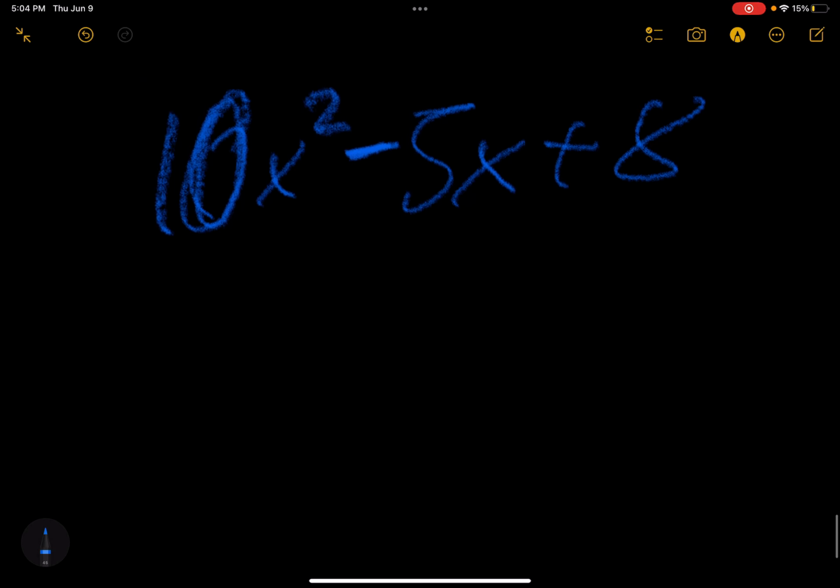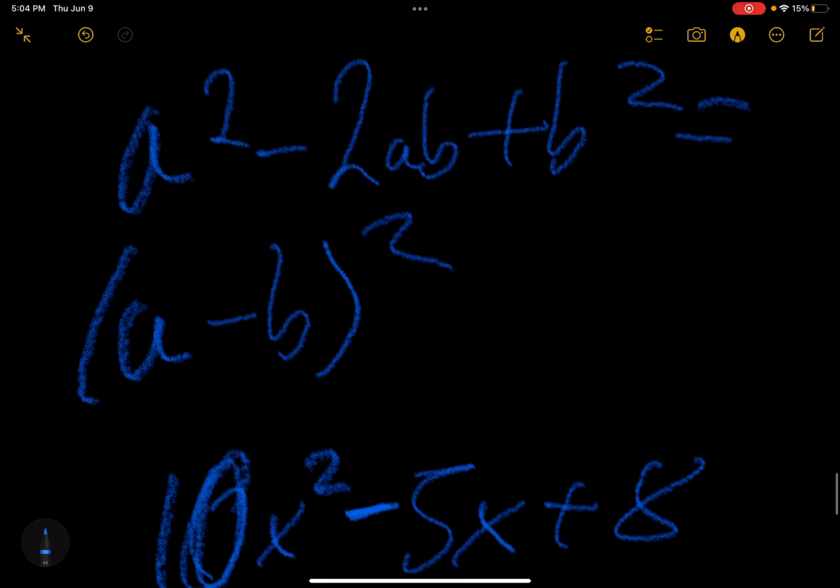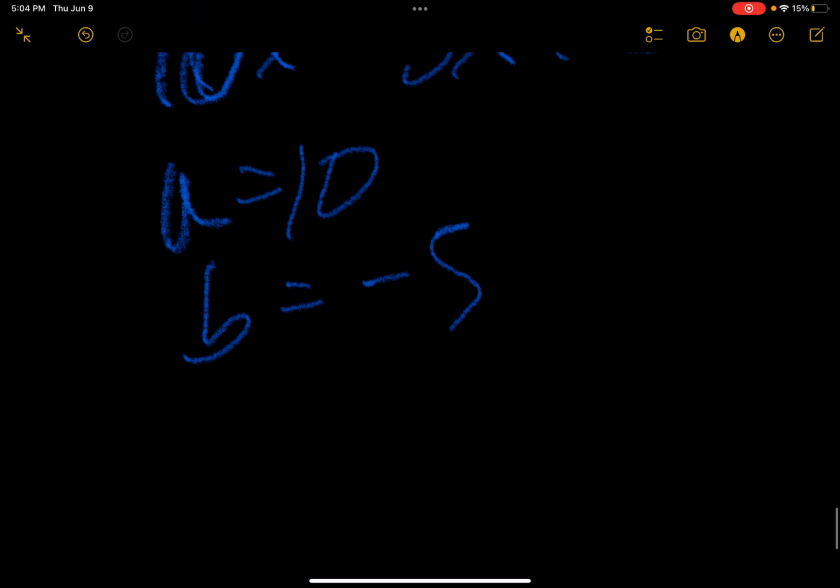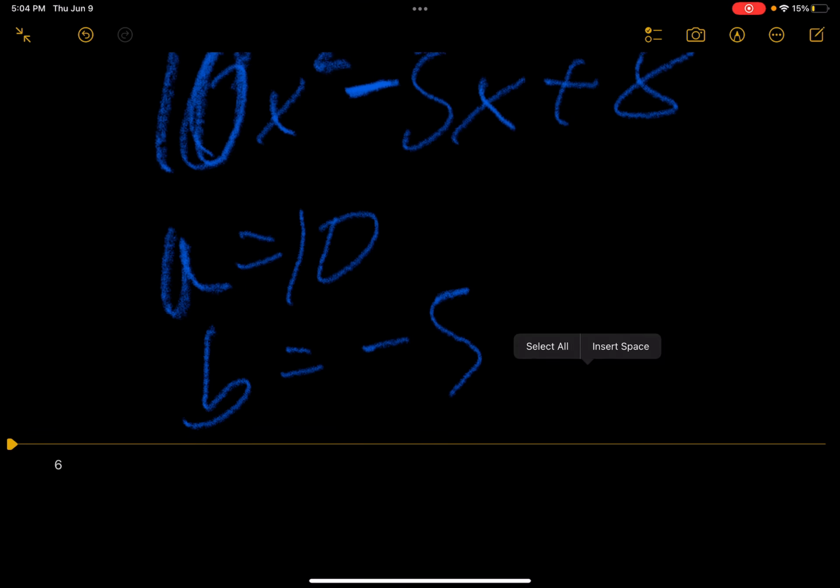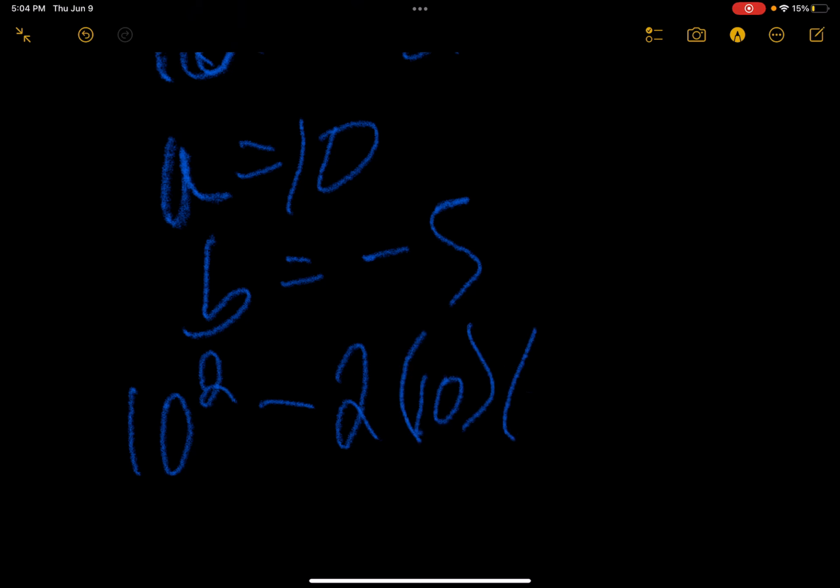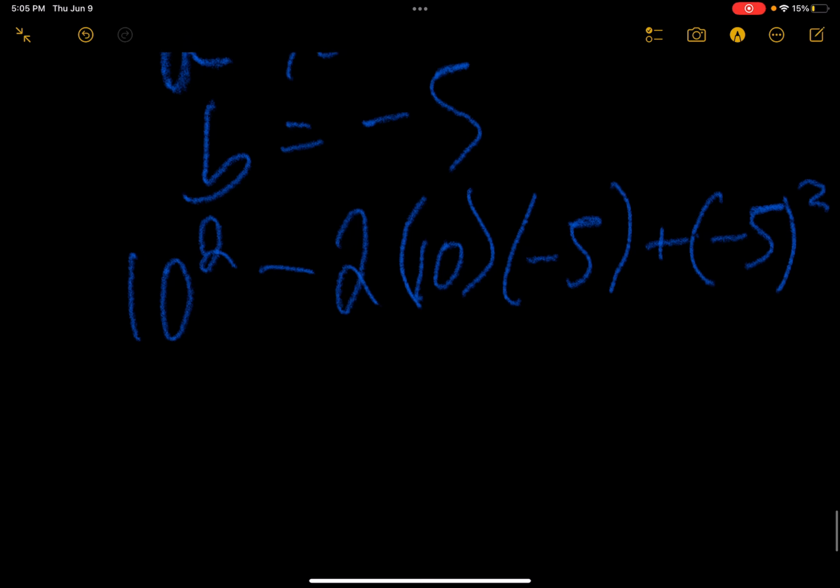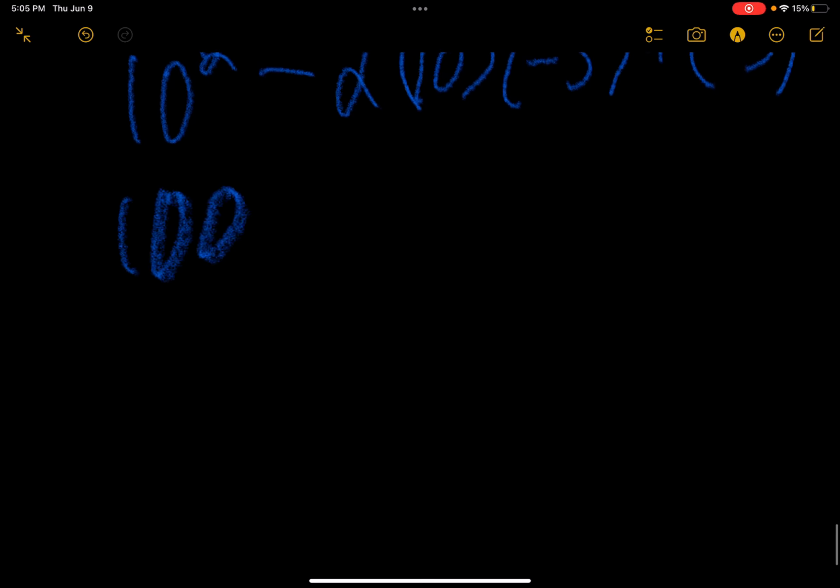Anyway, we have this, so we can identify our a and b. Our a is 10, and our b is negative 5, right? Now let's put it in that form. So a squared, 10 squared, minus 2 times 10 times negative 5, plus negative 5 squared. This equals 100 minus